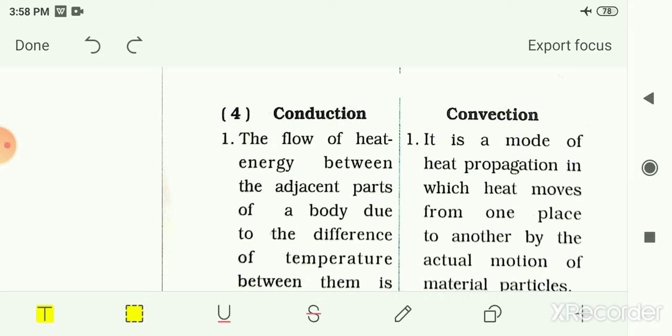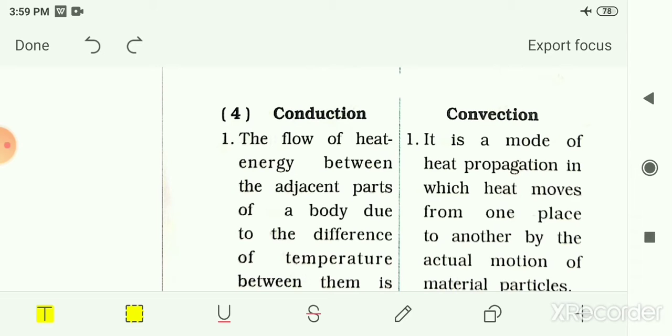In the chapter, we had seen that the degree of hotness or coldness of any object is called its temperature. Whether an object is hot or cold, we can say by its temperature. Then we had seen how we can increase or decrease the temperature of any substance. The temperature of a substance can be increased by giving heat to that substance, and decreased by absorbing heat from that substance.